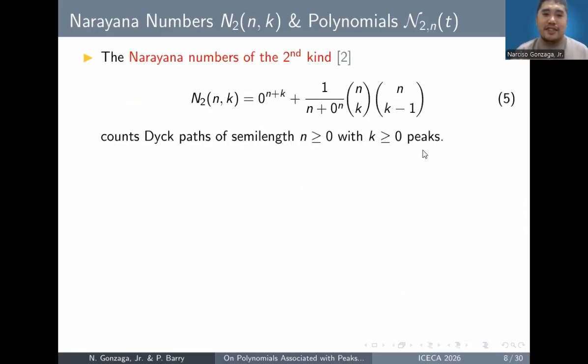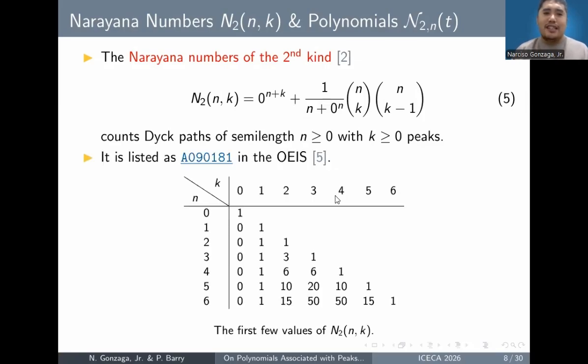The Narayana numbers of the second kind, defined in equation 5, count Dyck paths of semi-length n and with k peaks, where n and k are non-negative integers. Now, this is not the standard Narayana numbers that you would see in, say, Wikipedia or other known combinatorics textbooks. But this Narayana version includes the trivial path. So that's why we start from n equals 0 and k equals 0. And it is registered as